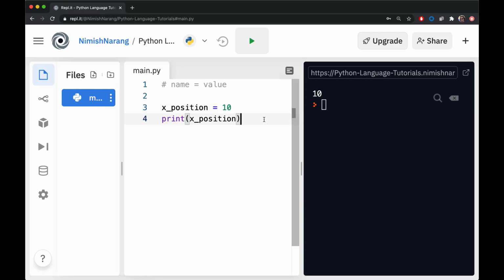Similarly, we can reassign a value to this. So let's say the x position changed somehow. Maybe the user moved forward 5 steps. So the position is now 15. Well, we've reassigned a value to it, so if we go to print out the new value of our x position,